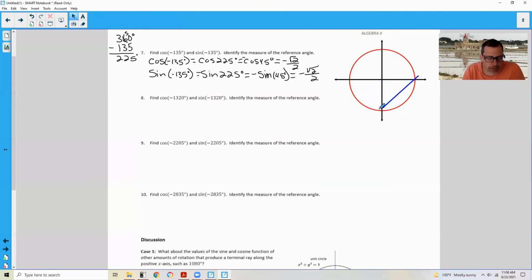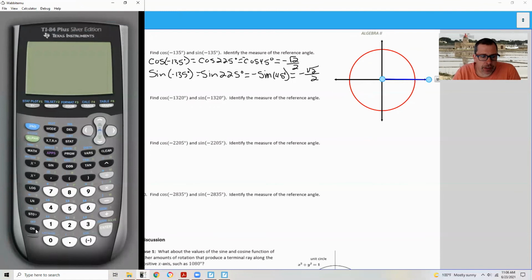So I'm going to leave this back to 0, starting a new problem. Find the cosine of negative 1,320. So go to the calculator, the easiest way, and say 1,320 divided by 360 is 3 and a remainder. So then I say, well, 360 times 3 is 1,080. And then my remainder is the difference between the two. So then I'd say, well, 1,320 minus 1,080